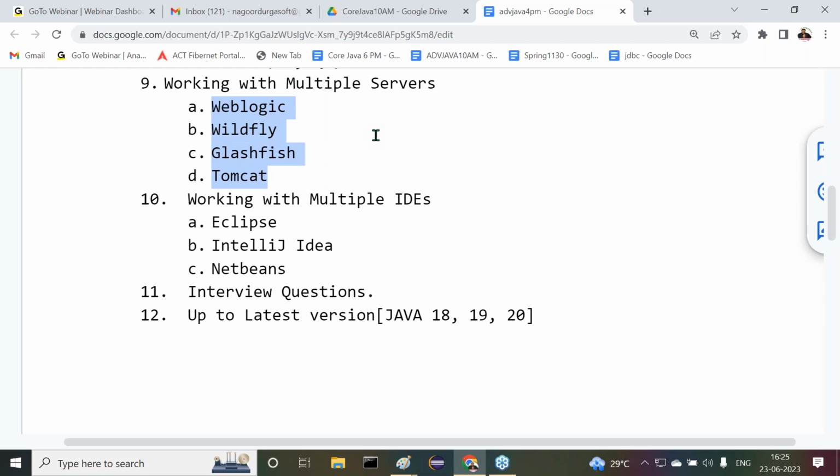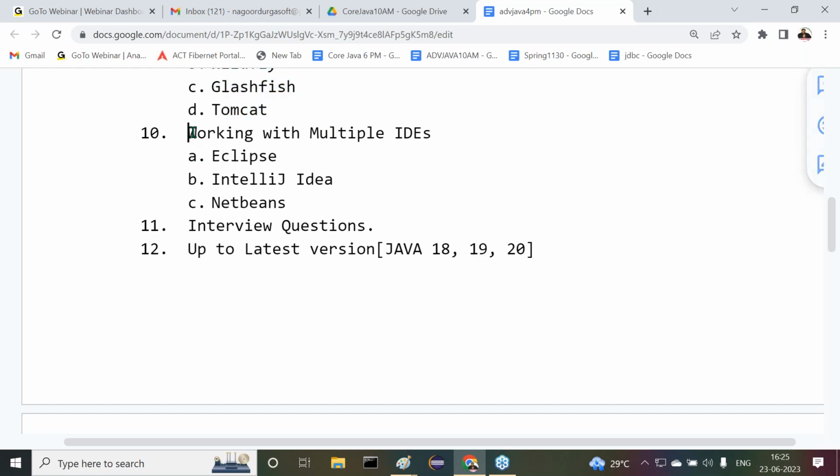Experience with one server is sufficient to work with any of the other servers. But anyway, inside the classes, we are going to understand the implementations of these servers clearly. After that, as you know already, working with multiple IDEs. At startup, we are going to use Eclipse, for one or two very basic startup applications.